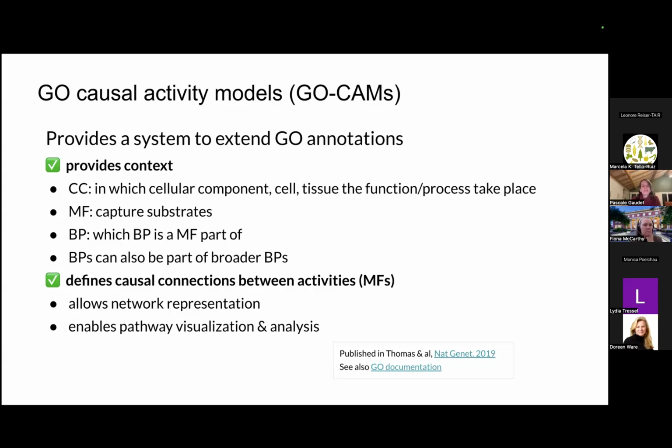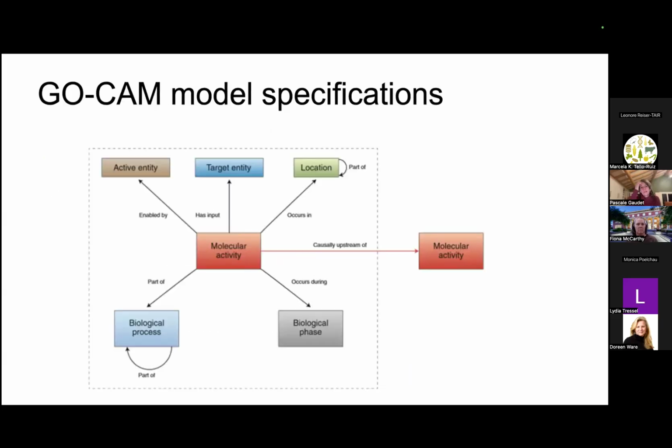And it also defines, and this is the big difference with the annotation extensions, causal connections between activities. So you can describe how the activity of gene 1 affects the activity of gene 2. And so it allows network representation and pathway visualization and analysis. So this was published already soon 7 years ago. And so this is the data model that we have in the paper and is still what we use,